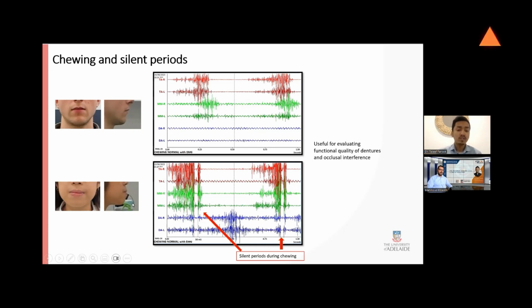But for this person right here, you will see that between the chewing cycles, there is a latency period right here. There's a latency period right here. This is when their occlusion is so imbalanced that when they're chewing, they need a moment to reset their occlusion, and they bring it back before they resume chewing, essentially disrupting their physiologic chewing patterns,